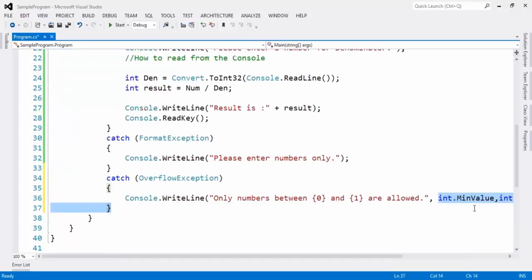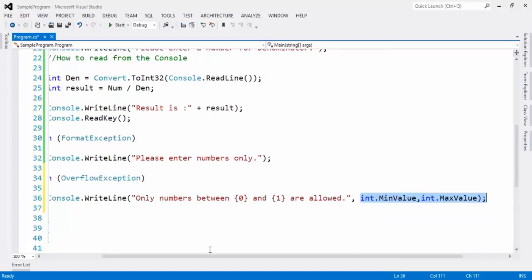What are these numbers first? First let me show you that. Sorry.